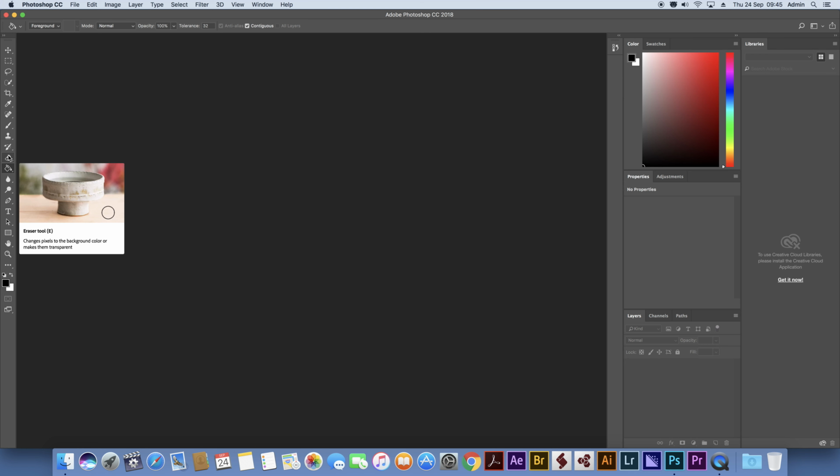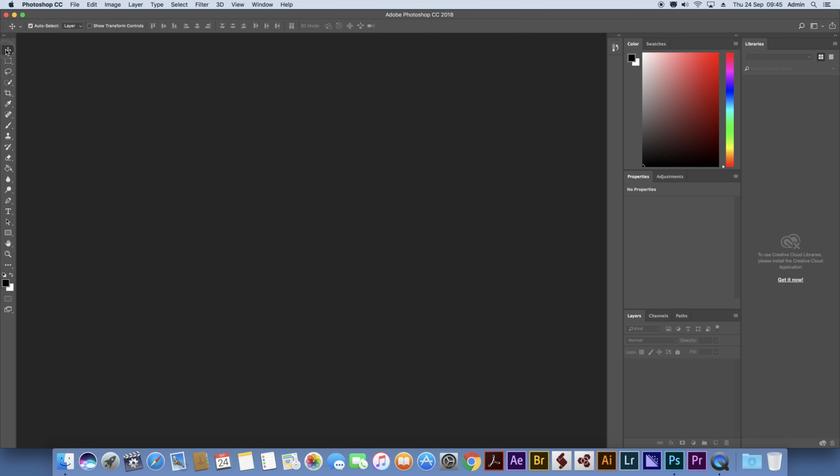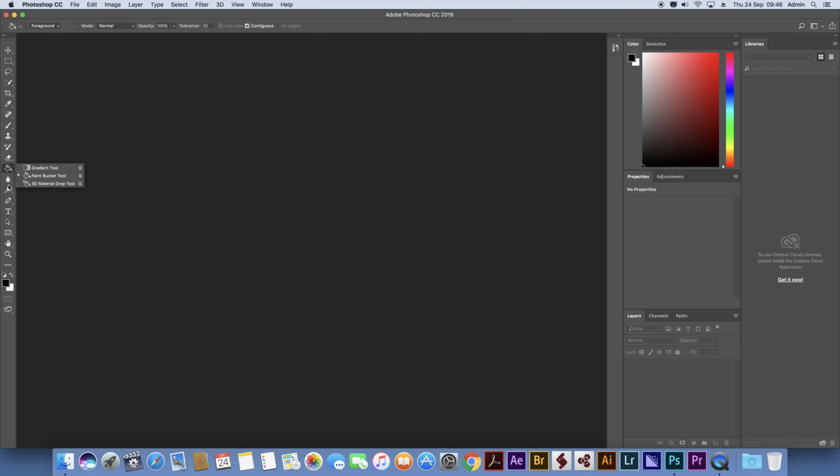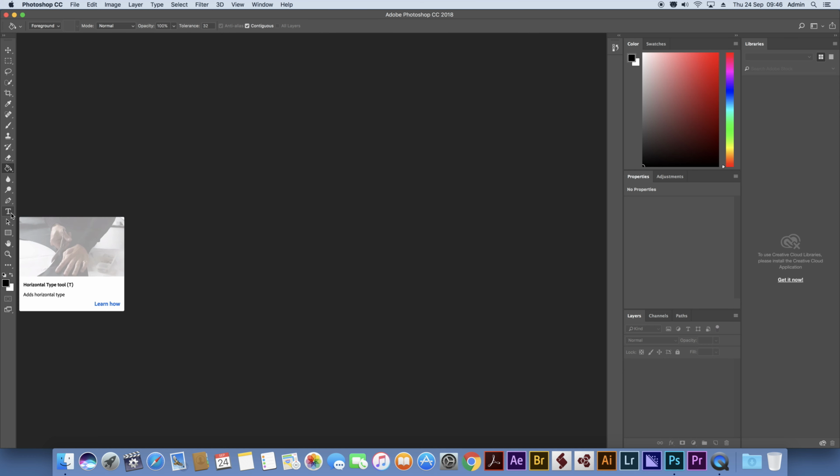But it's, as I always say to students, with all of this stuff, finding or remembering where things are is half the battle. Because if you think about it, each drawer here has at least 2 to 4 other tools. There's a big one, and if you've got paint bucket, sorry, text is right,